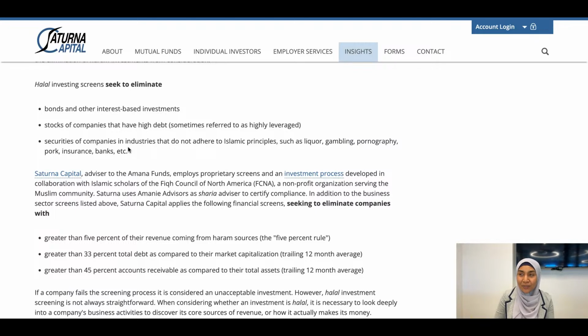So for example, the company might be a big company that owns other companies that you don't realize are involved in pornography. There might be a company in entertainment, and you think, oh yeah, it's just TV shows, it's family shows, I don't think that's a big deal. And then you discover they also have smaller companies that have pornography, which, morally, as a Muslim, can affect families and that sort of thing. So